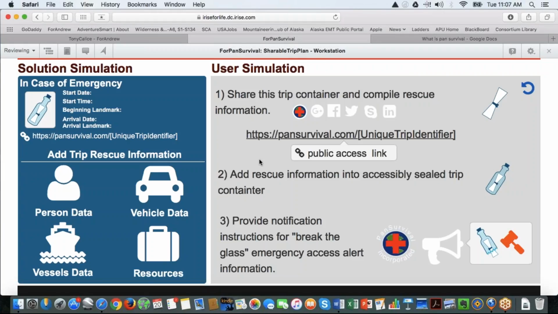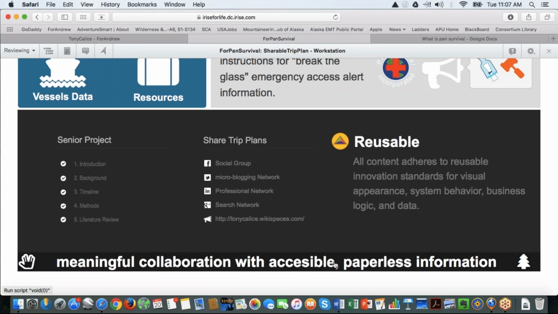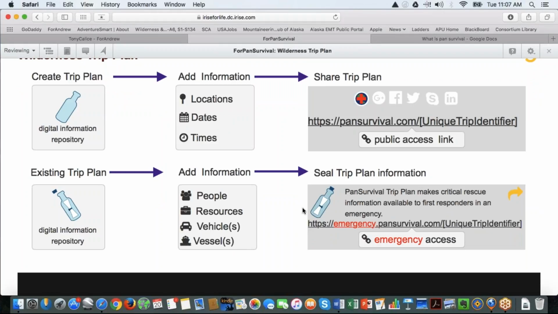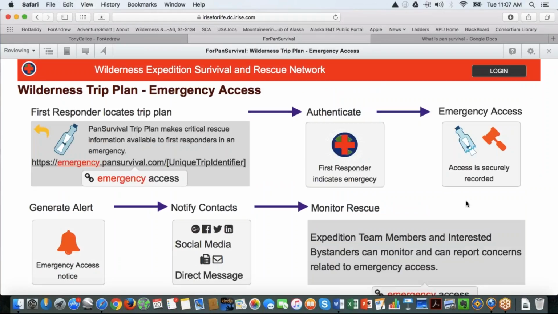If you scroll down to the bottom, again, you get that kind of infographic. If you hit that gold arrow to the right, seal the trip plan information, when you're done, you get this critical rescue thing, and there will be a special URL I was thinking that just says emergency. It's prepended to PanSurvival. Right now I'm just trying to keep it simple. In the future, it could just be one URL, but right now it's an emergency access. And if you click that,